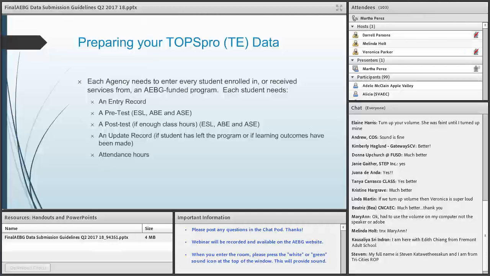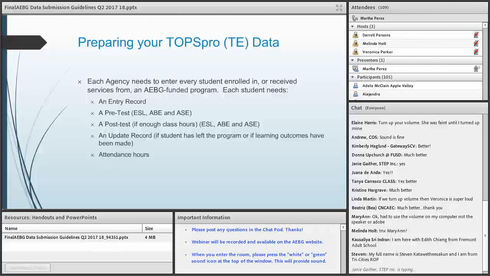Okay, so every student would need an entry record as listed on this slide, a pre-test, especially for those students who are enrolled in an ESL, ABE, and ASE program. A post-test, if they have enough hours of instruction, for those who are enrolled in an ESL, ABE, and ASE program, as well as an update record and attendance hours.